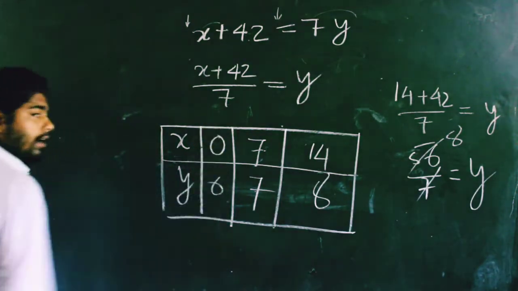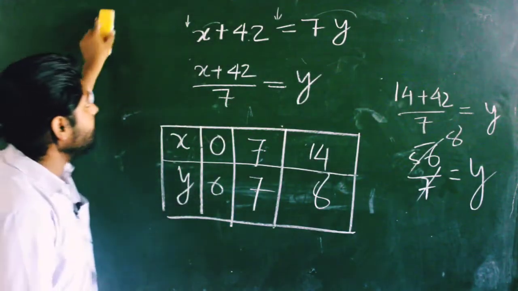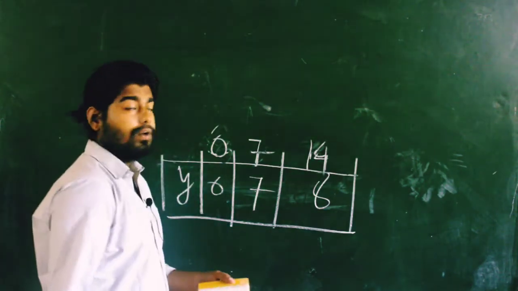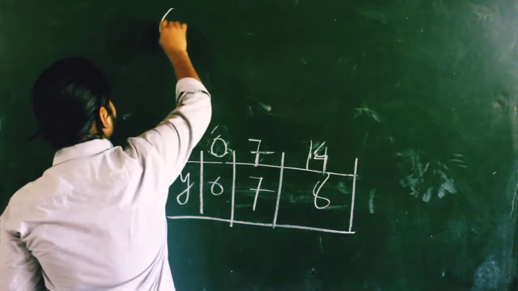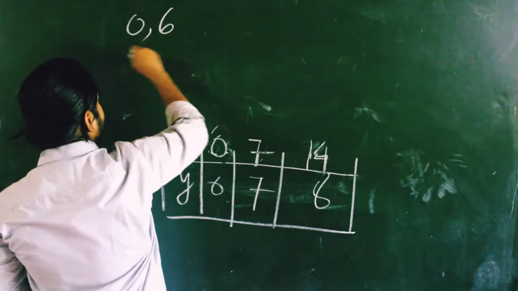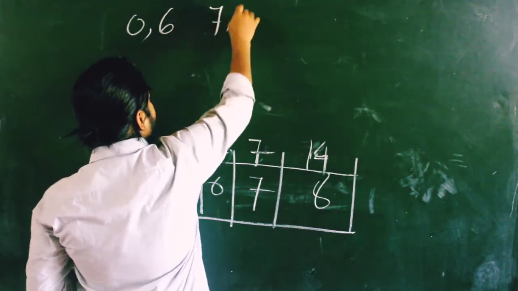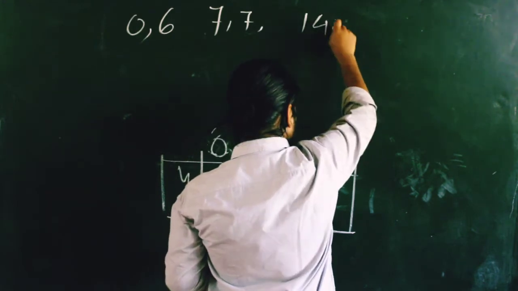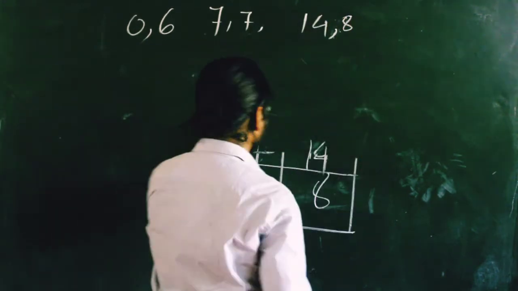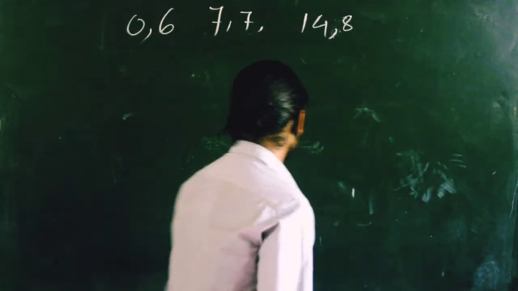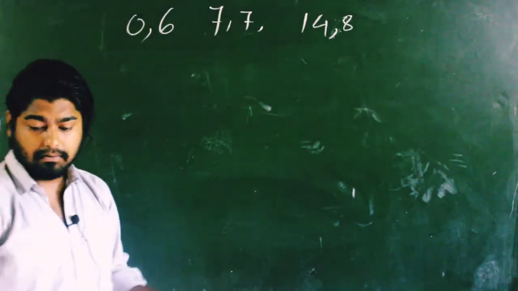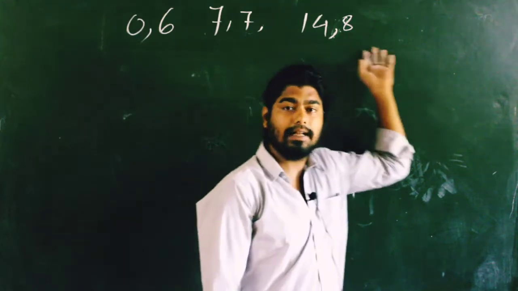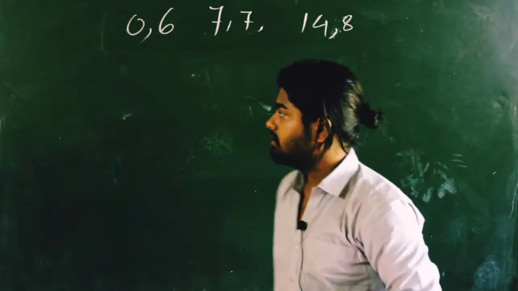Now we got the values and we can deduce it in the graph. So we got the values 0, 6 and 7, 7 and 14, 8. These are our values